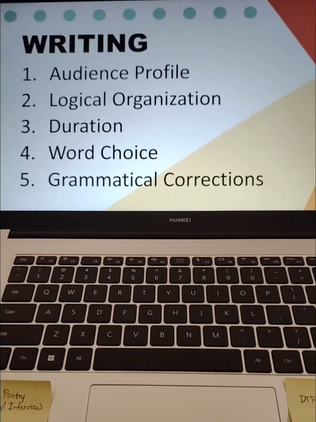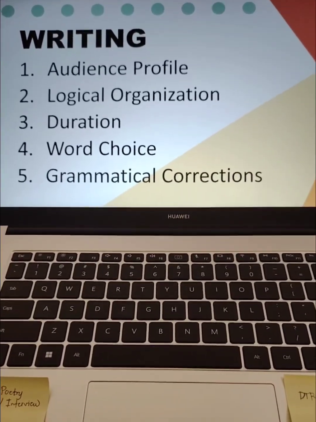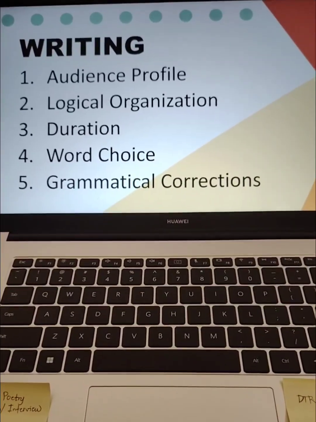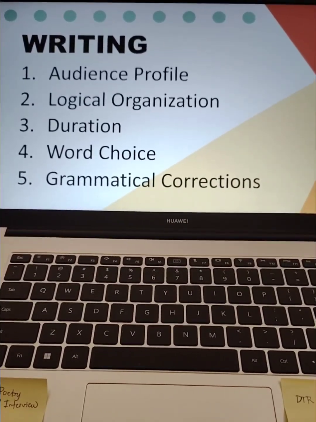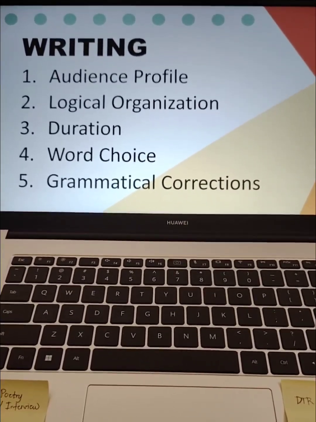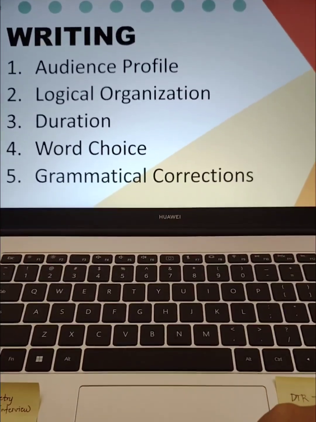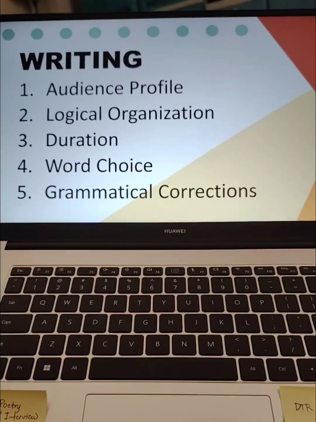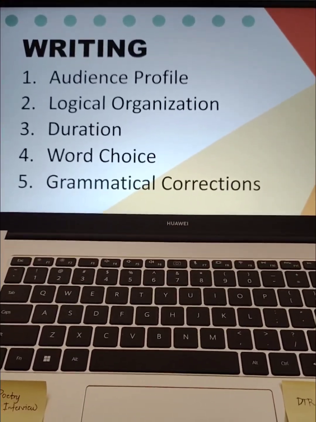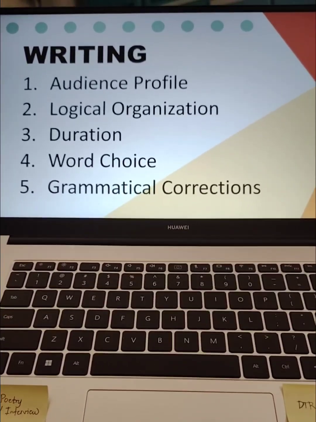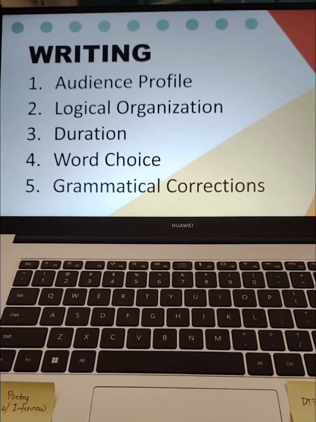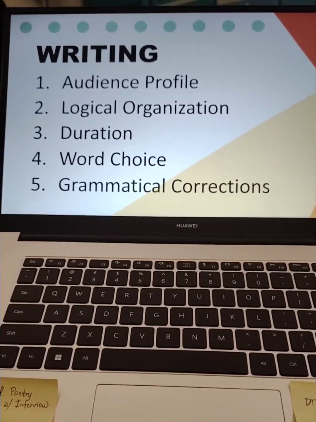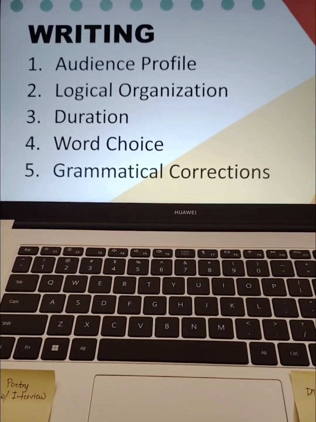Or if you don't want to do that, there are actually a lot of grammar corrector, no, or checker online, no, that we can make use of. So pwede naman yung mga yon. Okay? So that's for the writing itself, no? So more likely, this is about how you will be writing, no? Prior to your delivery, ito yung while you are writing your speech, these are the things that you have to consider, no?